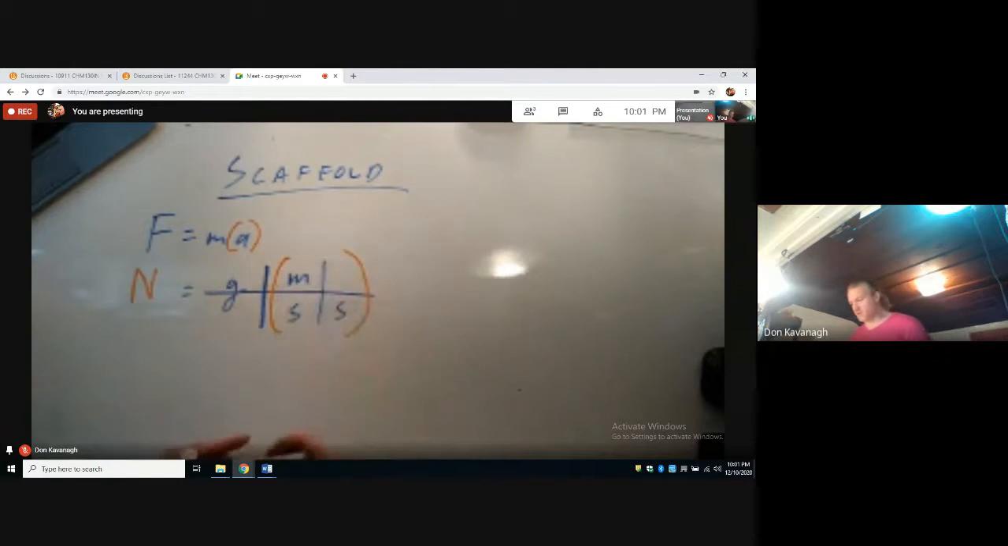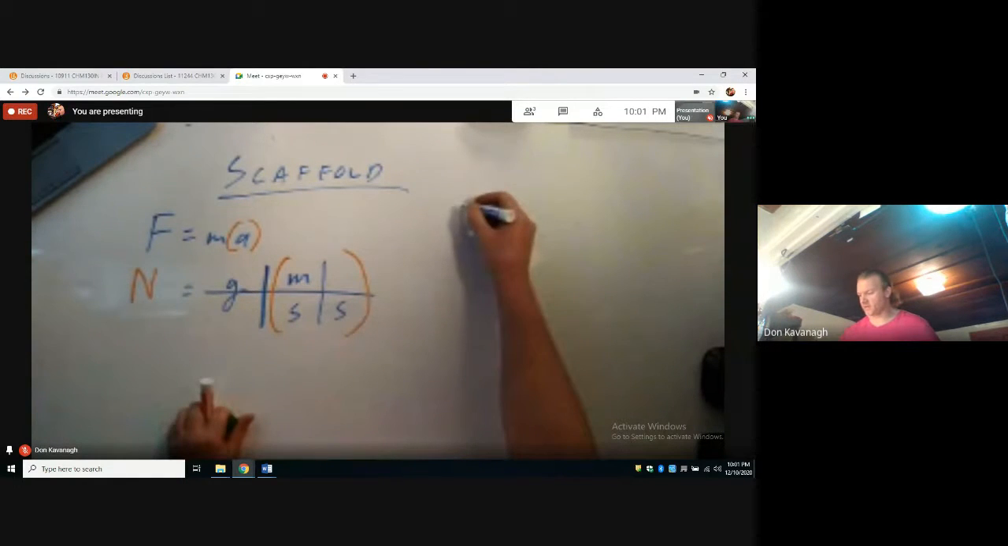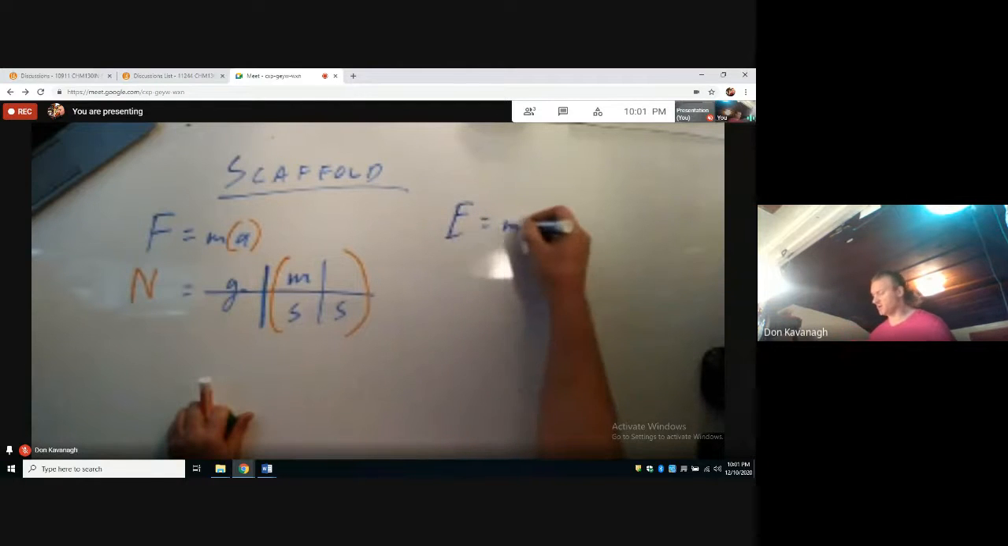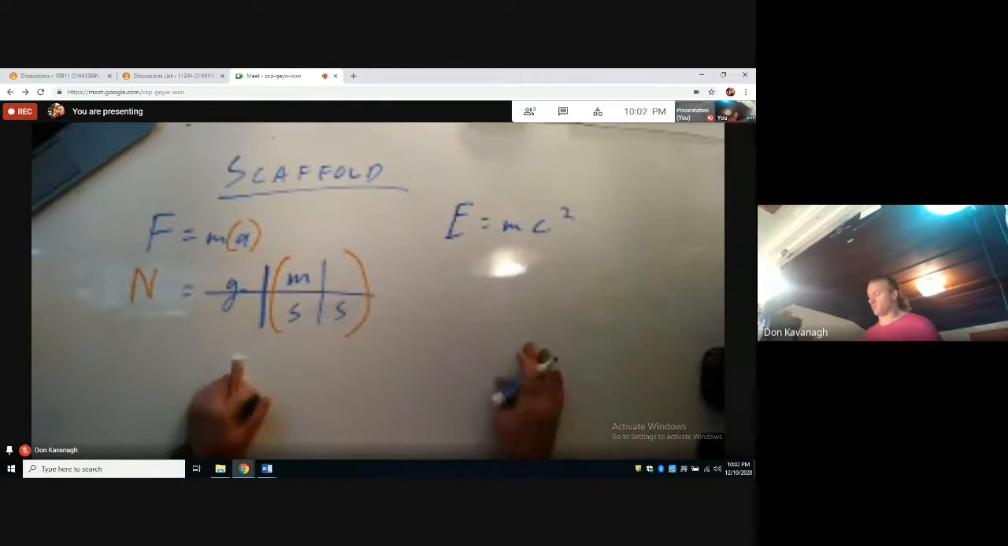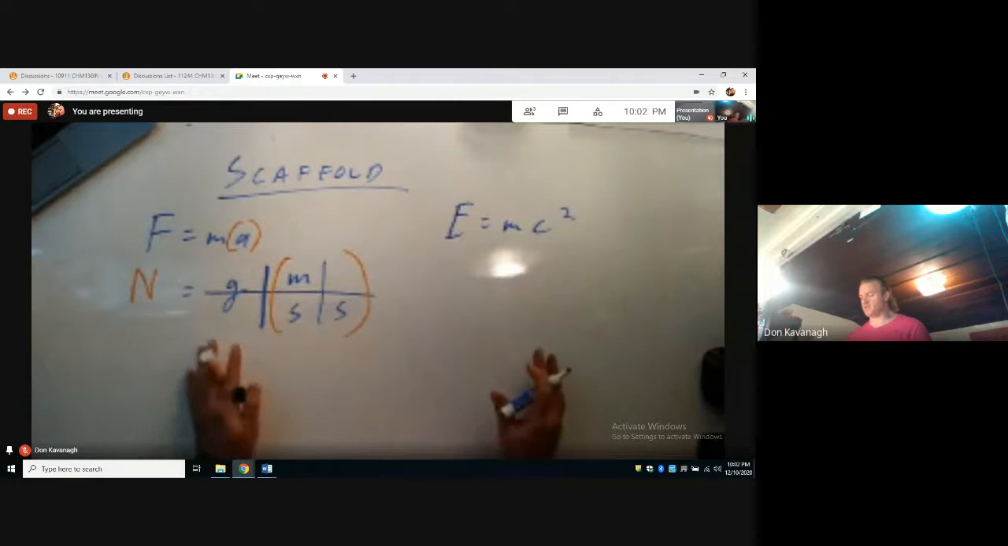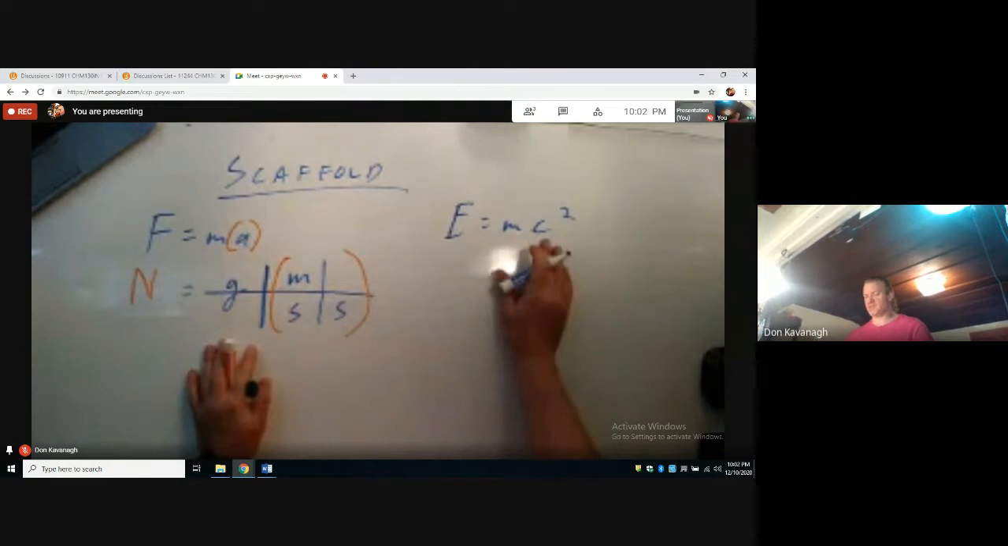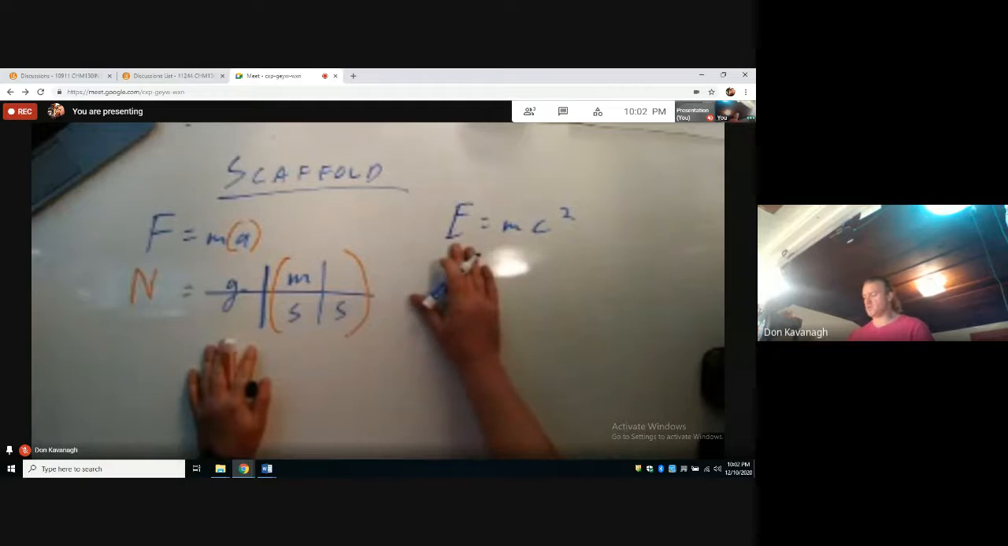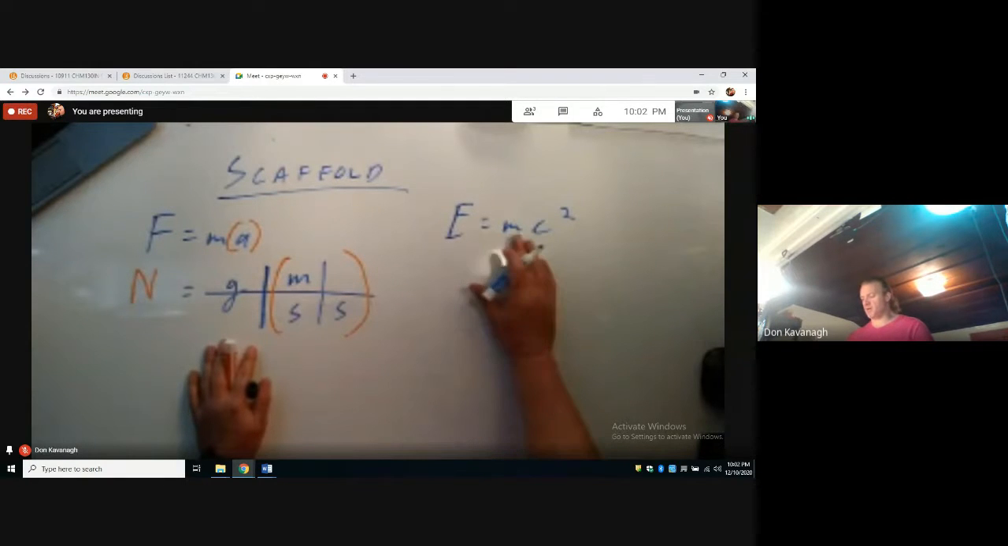Let's do the same thing with another well-known equation right here. E equals mc squared. The relationship between mass and speed of light and energy. The energy equals the mass multiplied by the speed of light squared. Now,